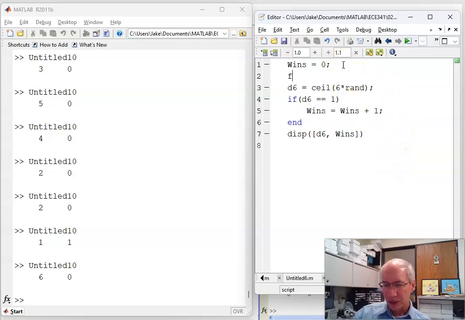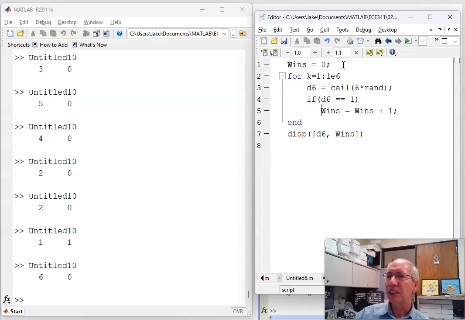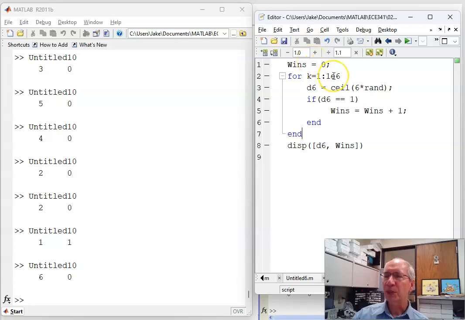Once that works, let's play the game 1,000,000 times. And indentation is not necessary. It's decorative in Matlab, but I'm just going to indent it to make the code easier to follow. So I'm going to start at 0 wins, roll the dice 1,000,000 times. That's the for loop. Each time I roll a 6-sided die, check to see if it's a 1, and then print out the results. Now what I should get is 1/6 of the time